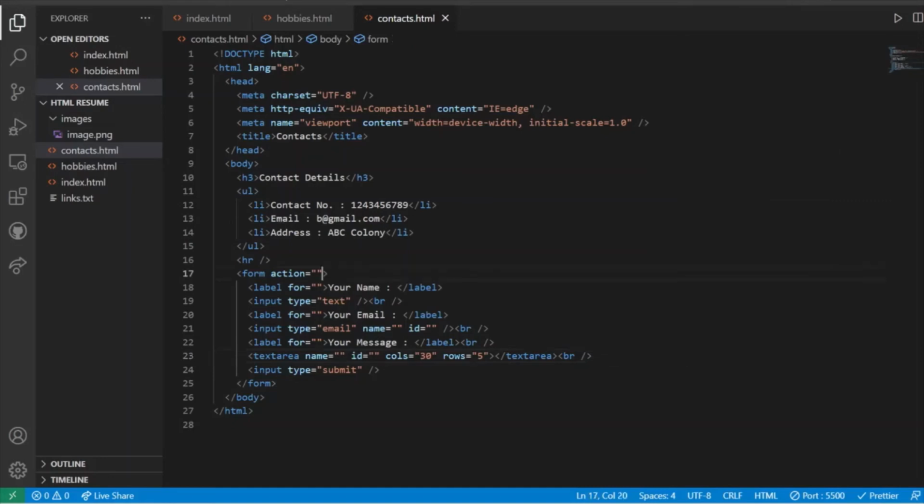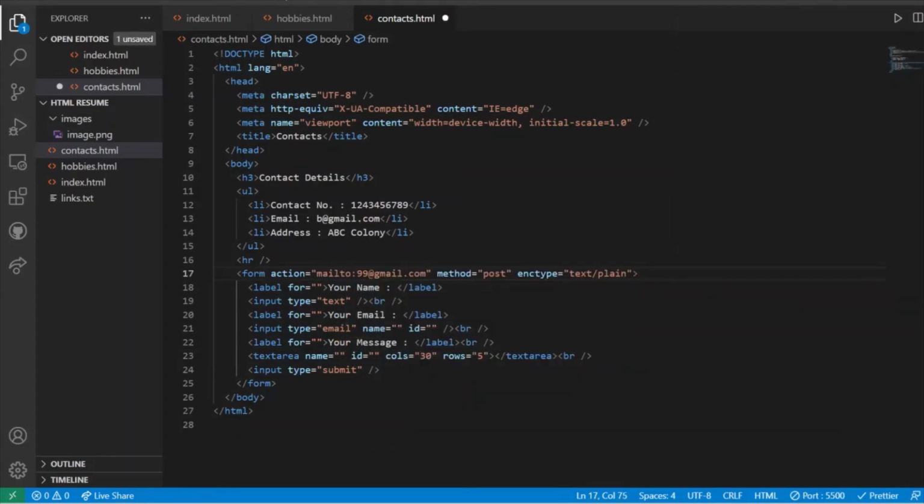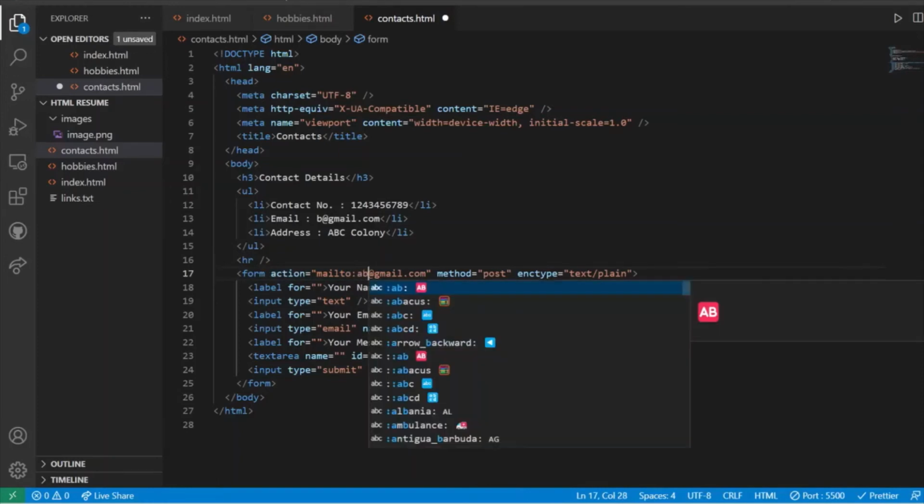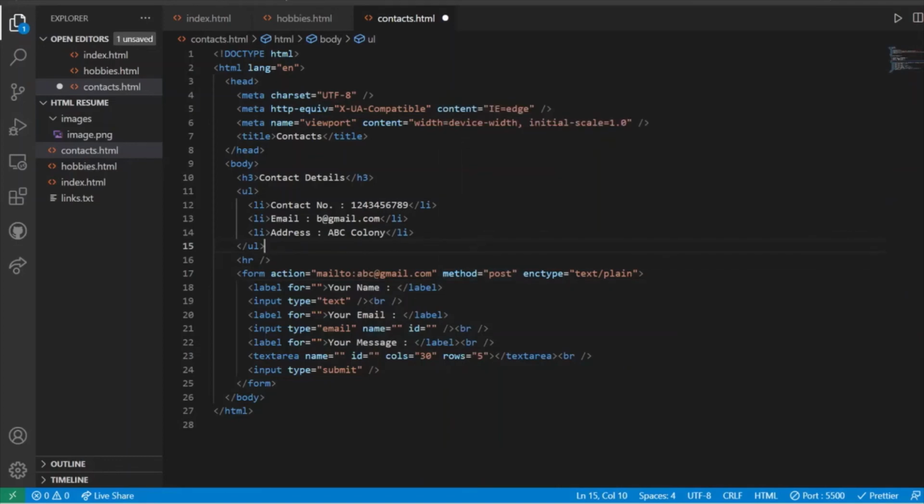So in the form we will put some details like method. Now we have added three attributes in the form tag, that is action, mailto, where you can enter your mail ID, whatever it may be, like ABC or any mail ID you can mention. Then the method is post, and the encoding type is text/plain. Then you need to add the names for your inputs, so that they will be displayed in your text message. So I'm going to add your name as the name for it, and for the email I'm going to add name as